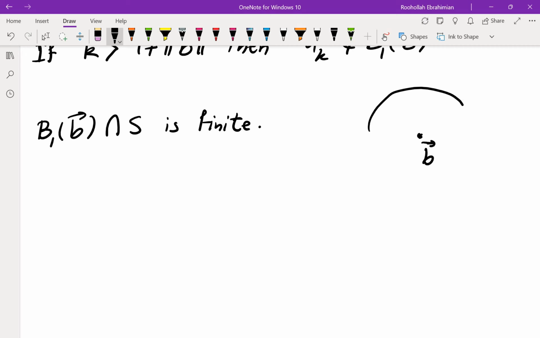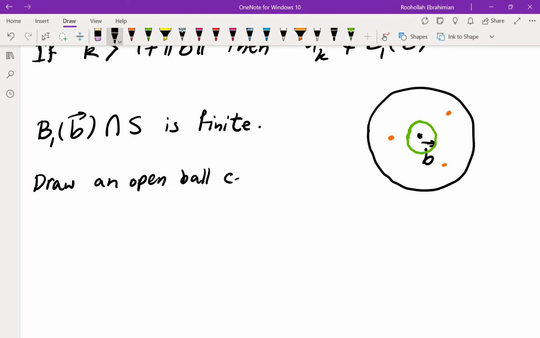So you have B here. You have a ball of radius 1 centered at B. You have only finitely many points. Let's say this point, and this point. Draw a ball that doesn't contain any of them, and that violates the fact that B is in fact a limit point. So draw